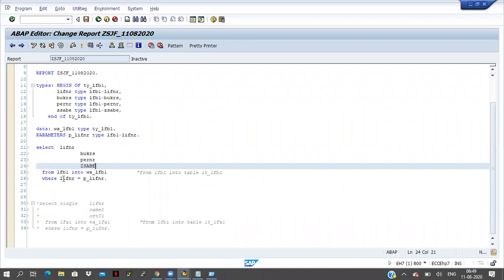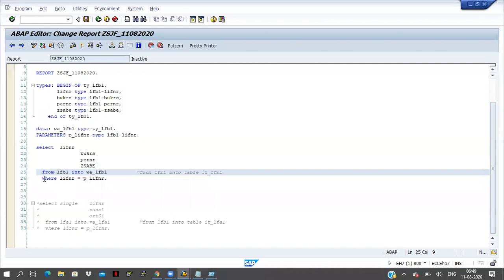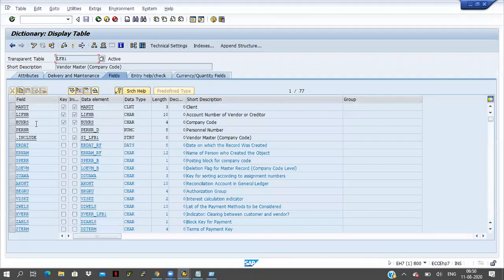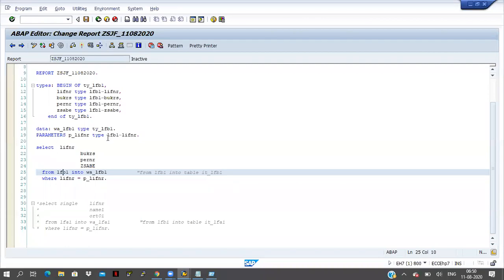If you come to the LFB1 table, two primary keys are there, Lifnr and Bukrs. Here I am giving only one where condition, and that is Lifnr. But Bukrs is also one of the key fields, and I am not passing the where condition for the Bukrs field. So in this case, we have to go for select up to one rows.